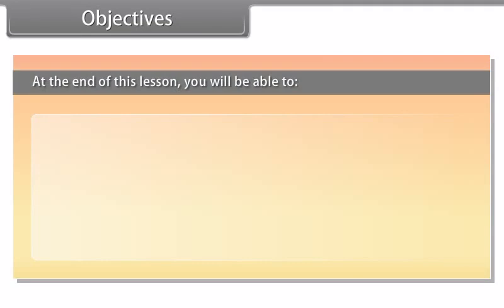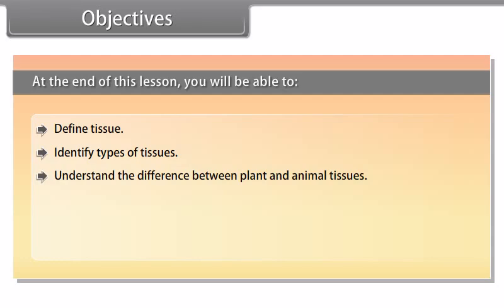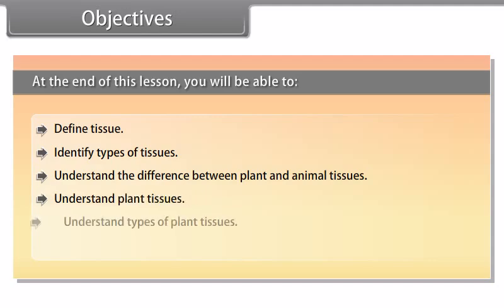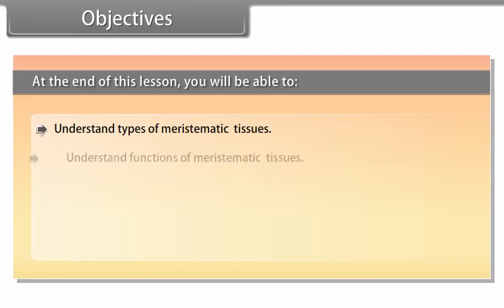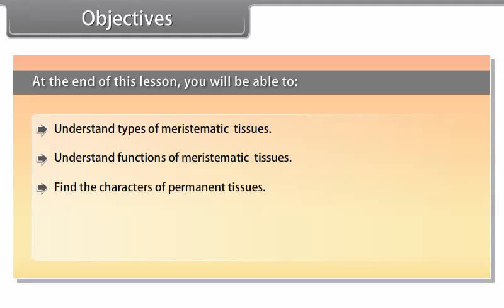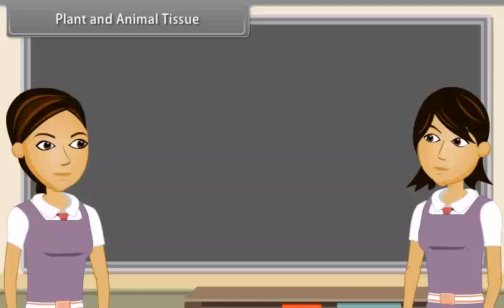Objectives. At the end of this lesson, you will be able to define tissue, identify types of tissues, understand the difference between plant and animal tissues, understand plant tissues, understand types of plant tissues, find the characters of meristematic tissues, understand types of meristematic tissues, understand functions of meristematic tissues, find the characters of permanent tissues, understand types of permanent tissues, understand functions of permanent